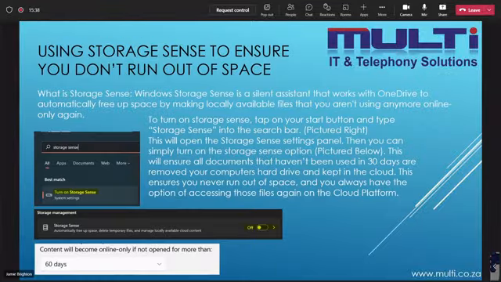All right, so because of SharePoint Online, previously you'd only work on the documents stored in your file server. Now you have access to all of those documents at the same time. And there is an option where you could have those all downloaded onto your machine. That is going to take up a lot of space. So there is a feature available called Storage Sense. What Storage Sense is going to do is only keep documents on your machine